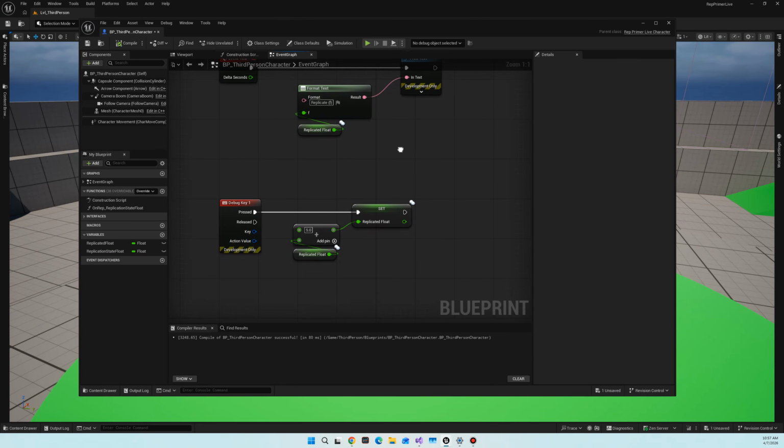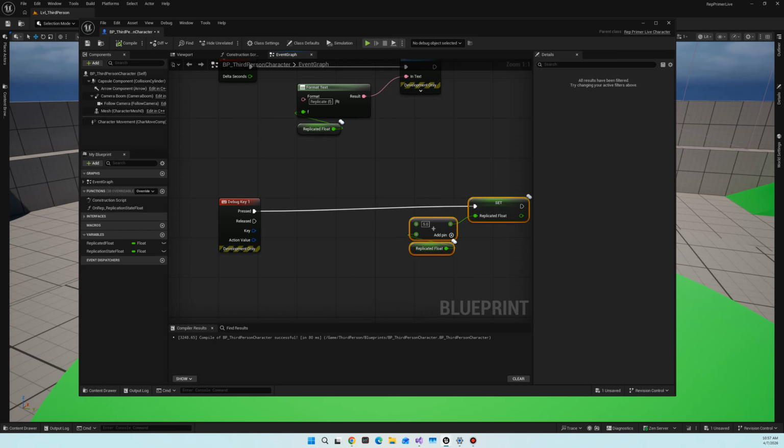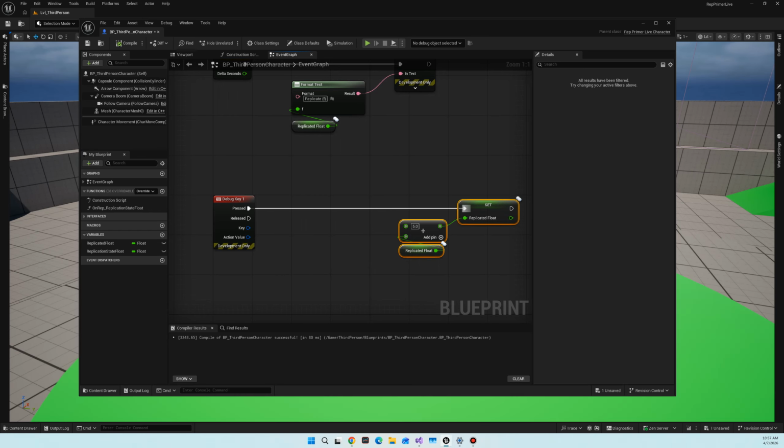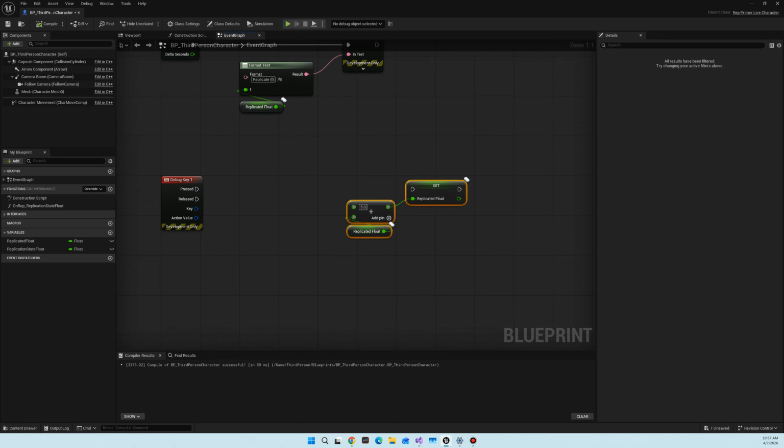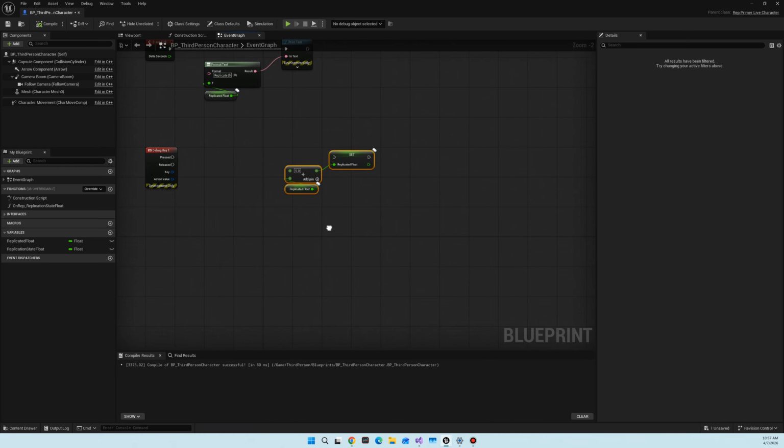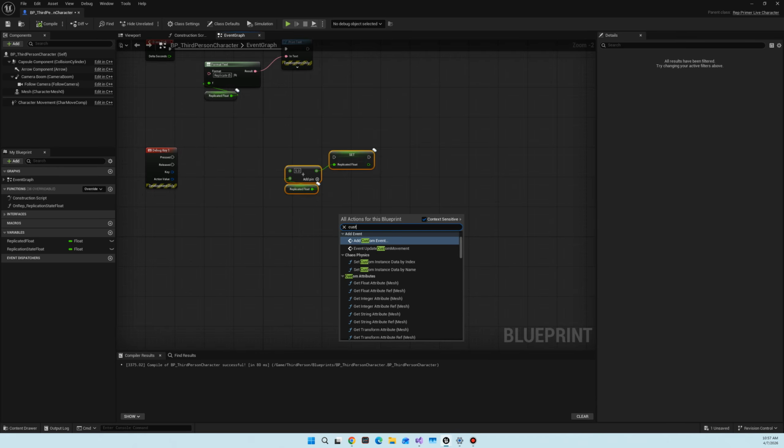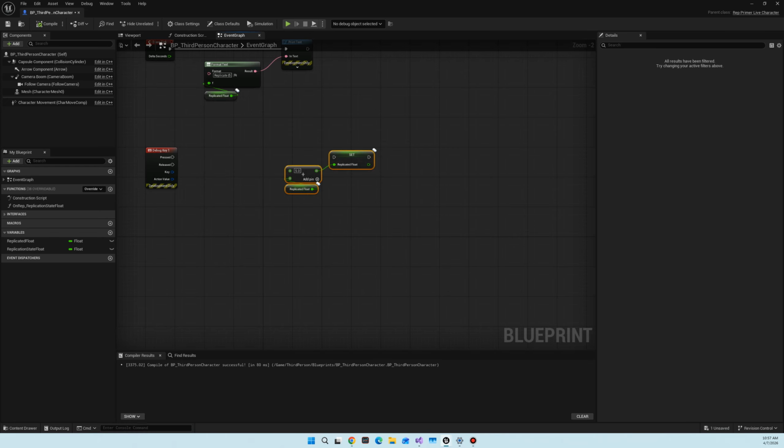So if I come back out here, we're just going to grab this and dislocate this. So select no, break that link. I'm just going to open this up. To create server functions, we just have to right click and then say custom event. So we're going to add a custom event, and I'm just going to call this